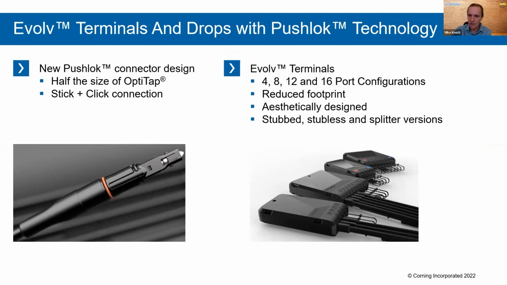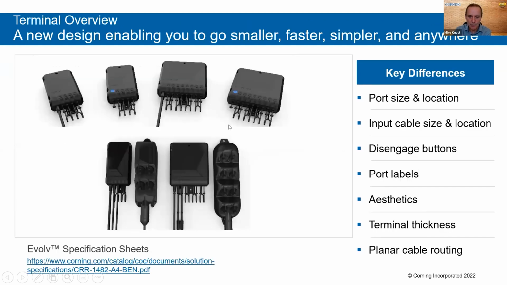stubless and splitter versions. This is showing the different port count terminals, and here we have the new 4-port compared to the old 4-port, the new 8-port compared to the old 8-port. So the difference is really around the port size and the location. All the ports are across the bottom of the terminal. All the input cables, the stub cable is also at the bottom,